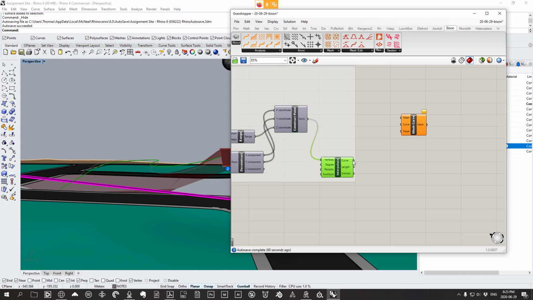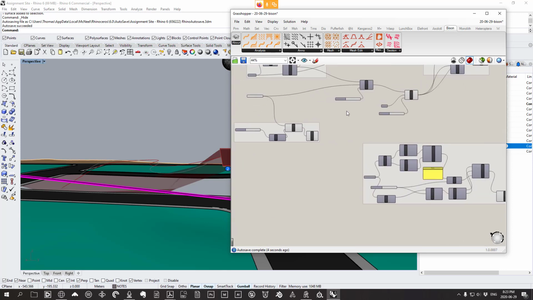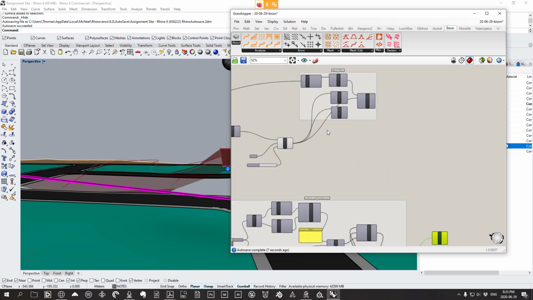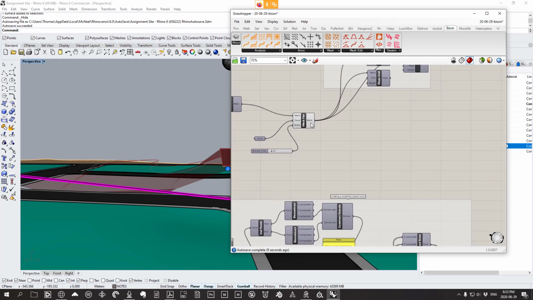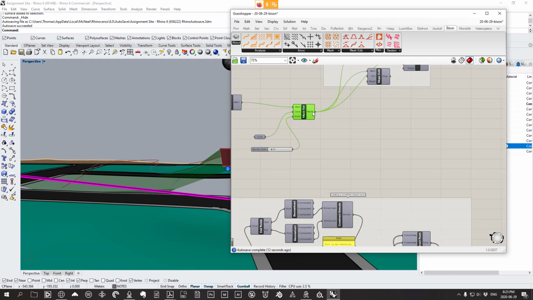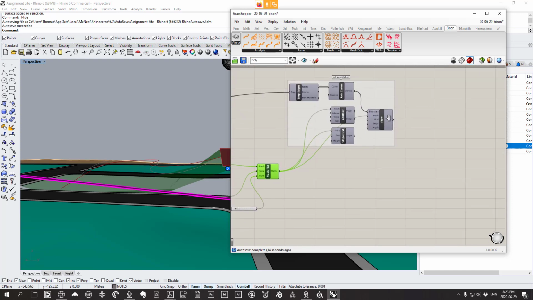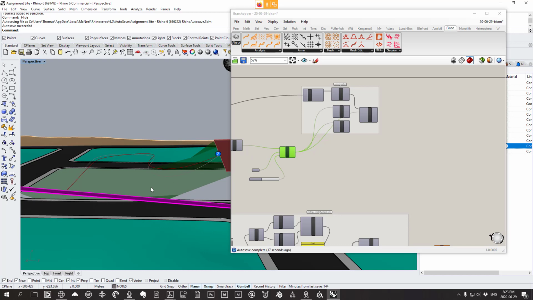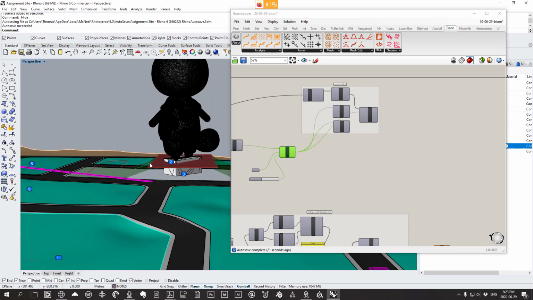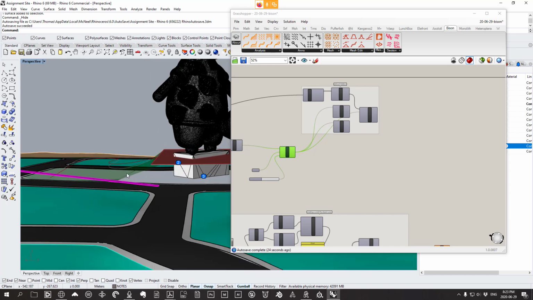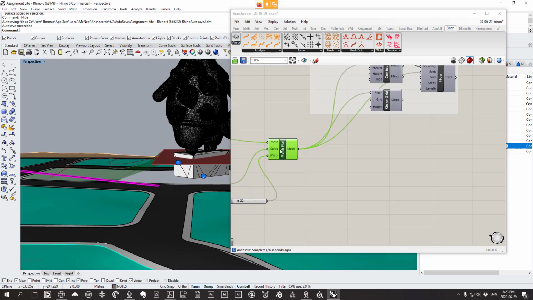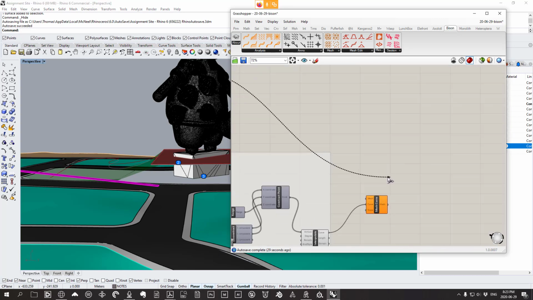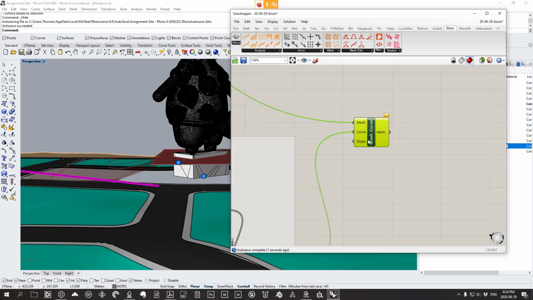So that's Bison, Mesh Edit, Mesh Curve. Take our interpolated curve, plug into the curve input of mesh curve, and the mesh input is going to come from the last Bison step you have. So in this case, it's my last output from my mesh flat. Now this could be something else for you. Maybe it's your original site mesh, but you've probably already applied some Bison steps to your mesh. So let's take that flat mesh output, plug it into my mesh input,